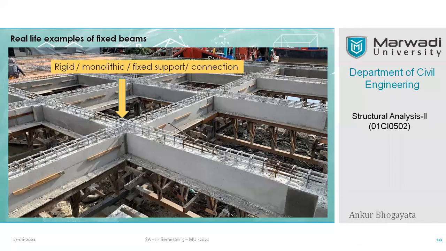So keep it simple, like in case of RCC, when you provide sufficient anchorage and connection of steel bars with each other at a joint, whether it is a beam to beam or a beam to column, you have to anchor your reinforcing bars properly with the reinforcing bars of the column. And when you do it, you can develop a 100% rigid connection.